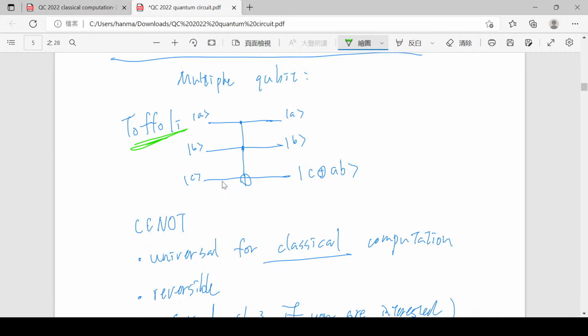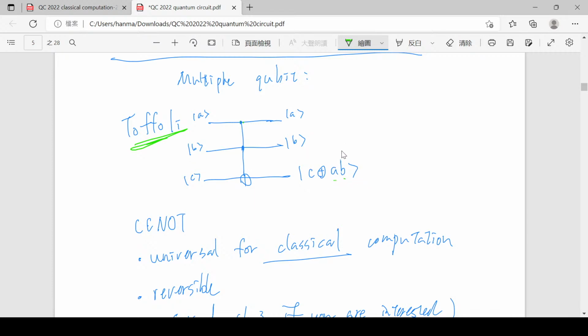And the Toffoli gate, what it does is very simple. It's basically just control, control not. So you can probably see the symbol here. So it has 2 control qubits. So this first qubit and second qubit are both control qubits. And the Toffoli gate won't do anything on them if you say our input is computational basis. And you apply a NOT gate on the third qubit if both the first qubit and the second qubit have